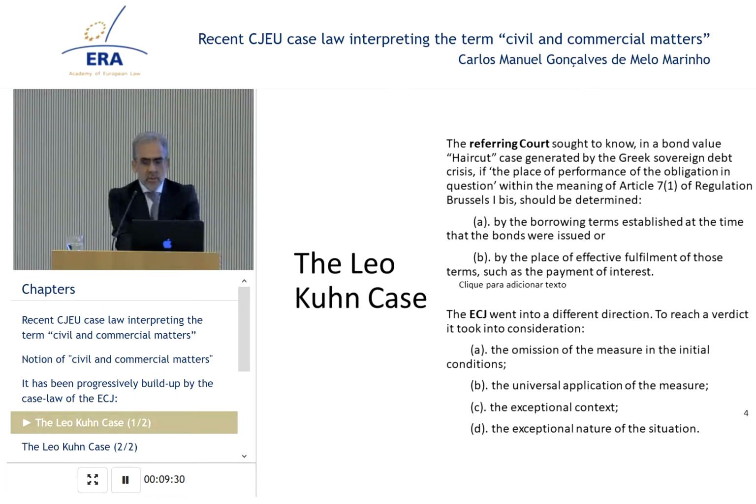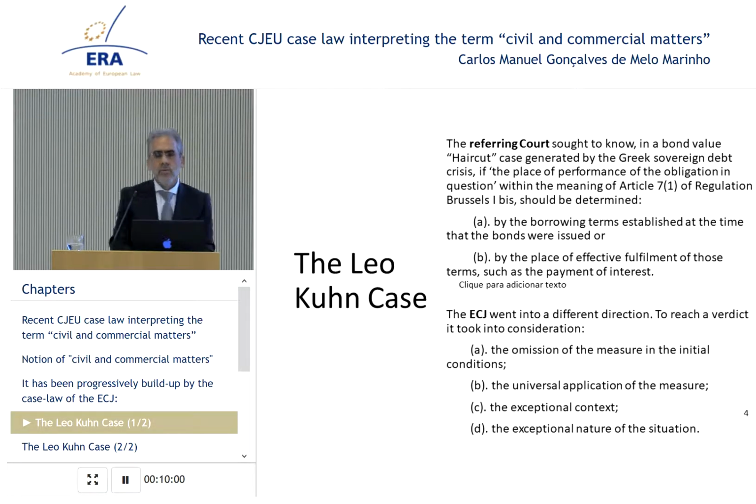This dispute reached the Supreme Court of Austria that tended to consider that there was a secondary contractual claim under Article 7.1a of Regulation Brussels 1a. So there was a contract for the Austrian court. And since the Austrian Supreme Court considered that there was a contract,